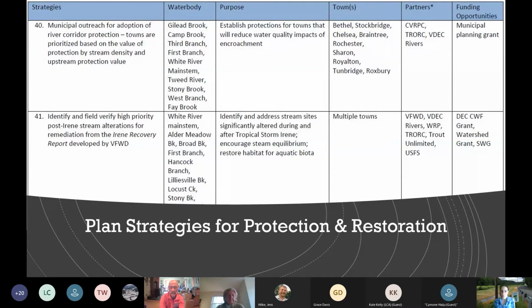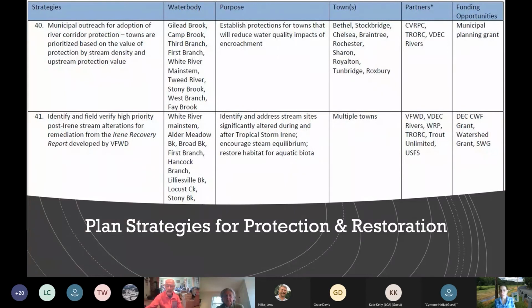So other examples of work we carry out with towns are stormwater master plans, tree plantings, installation of green stormwater practices. So that's using plants and other biological materials to treat stormwater runoff. So that's that dirty water that's coming off of roads and parking lots and buildings when we have rainstorms. We also have road erosion projects as well.